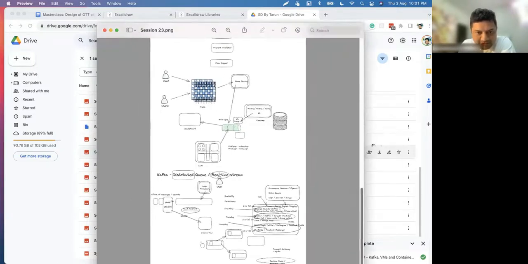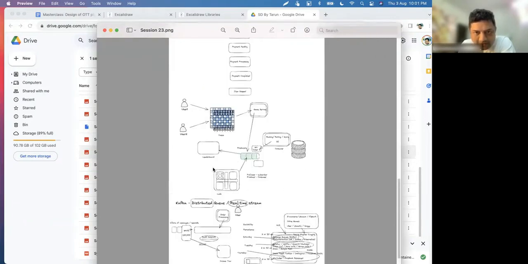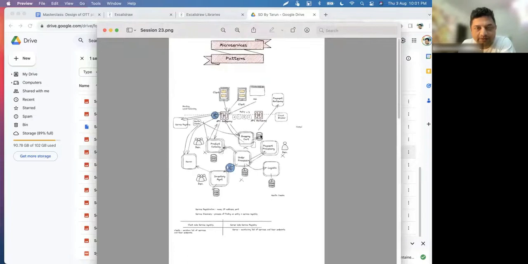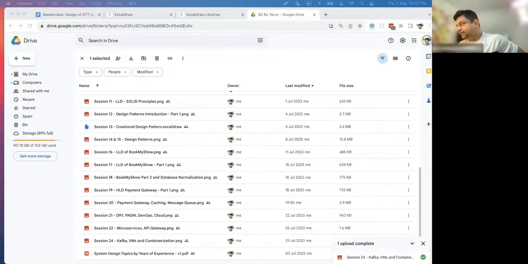So this also I'll share, session 23. This is again on Kafka and various concepts, microservices design patterns. So yeah, this we covered about microservices design pattern. One pattern was microservices, then event-driven architecture. So yes, let me also upload that.